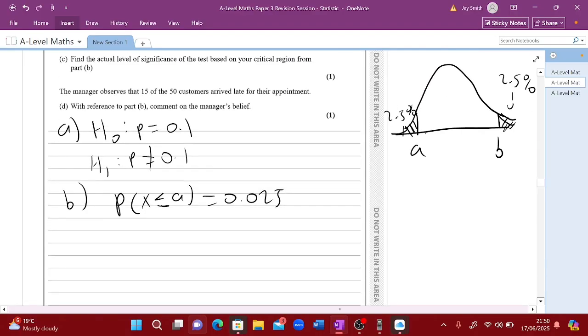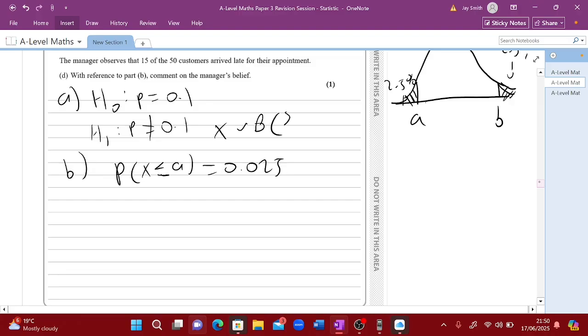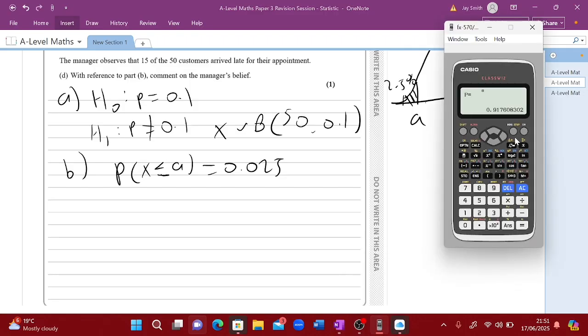And again, use a graph like this to visualize what's going on. So we want the probability that fewer than 8 customers are late to be 2.5%. But I should probably say this is going to be binomially distributed with n, which was 50, wasn't it, and the probability they're late is also 0.1. And this is a binomial. Unfortunately, unlike the normal, my calculator doesn't have an inverse version to find A given the probability. What you instead need to do is keep plugging in values of A